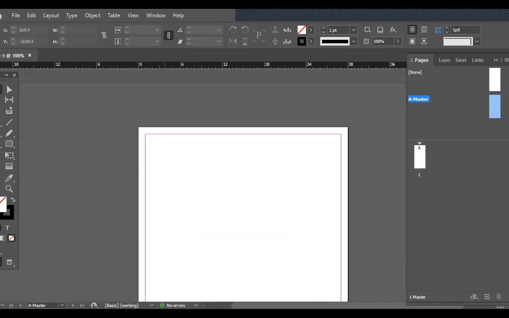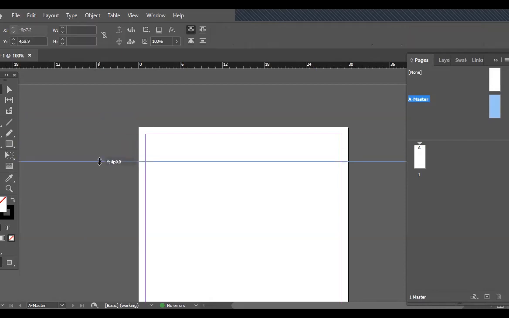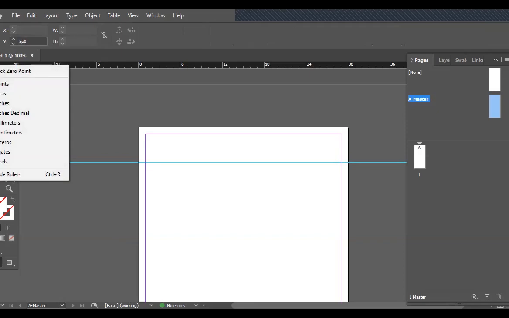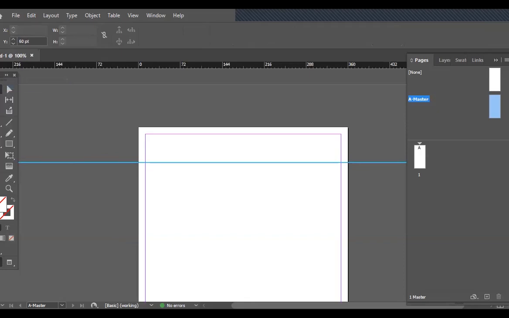Okay, I have a 1 pica top margin. I know the gray is going to go to the top of the page, but that first horizontal rule or paragraph rule above the headline is going to be at the 1 pica margin. 38 points down from that, or 50 points from the top. Actually, I'm going to change my rulers to points. 50 points from the top should be the